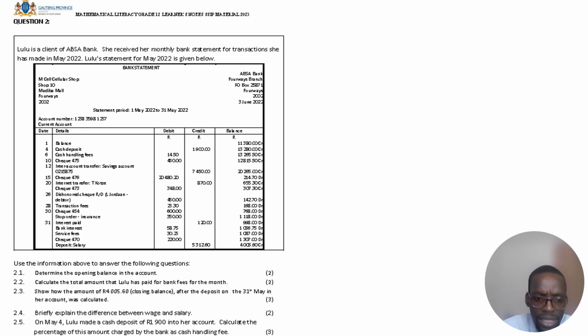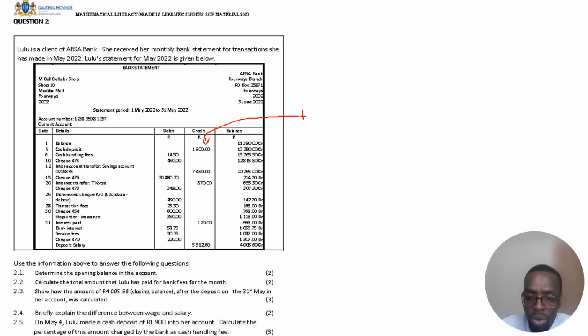Now what we need to understand from the bank statement, dear learners, is that we have this column here that is written credit. This column shows the amount of money that we have added in our account. In other words, it shows the amount of money that was added into our account, more money that we have received. So it's written under the credit column of our bank statement because it's more money that is being added